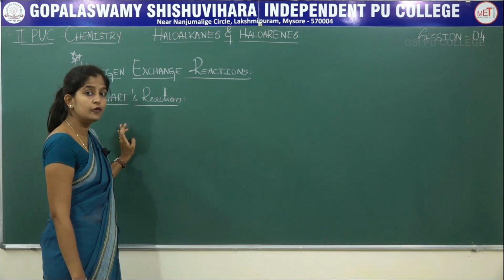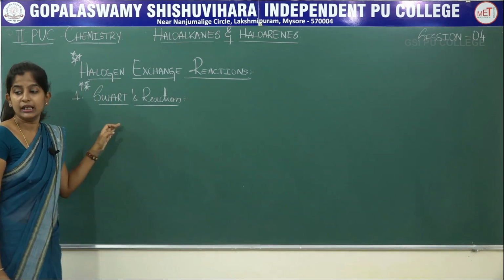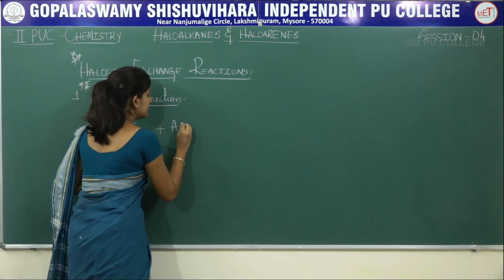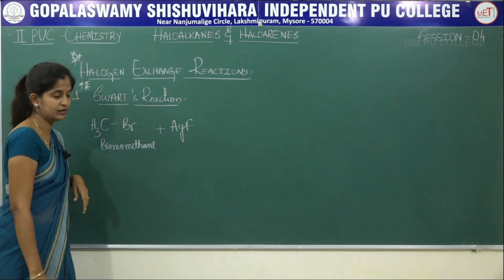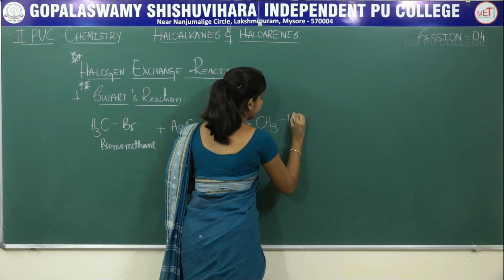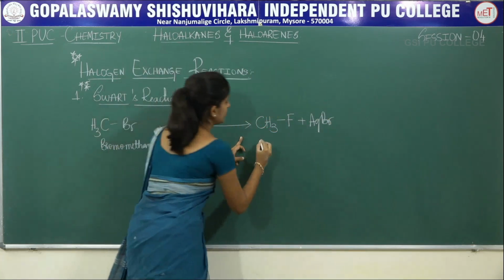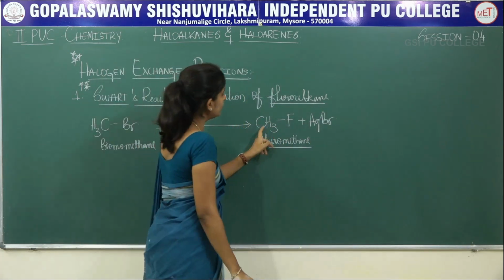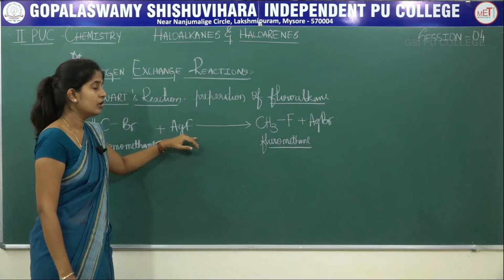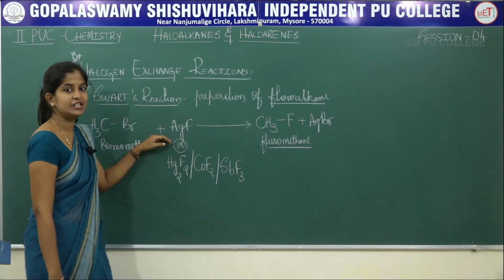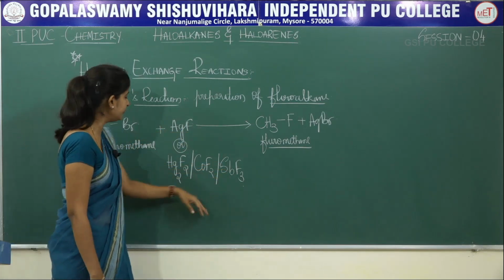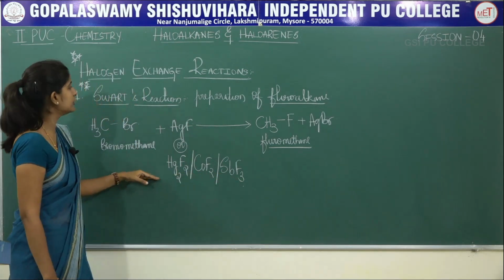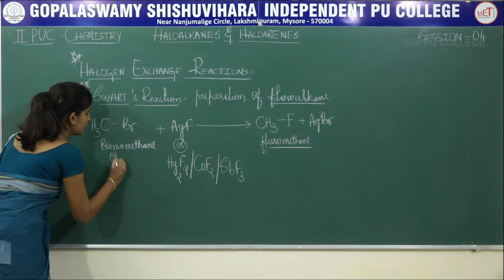It is the synthesis of fluoroalkanes. So let us see how that is synthesized. It is synthesized from bromoalkane. This is your bromomethane. Upon reacting with the silver salt of fluoride, that is silver fluoride, you get CH3F plus AgBr. So this is your fluoromethane. So this is the method for the preparation of fluoroalkane. So fluoromethane is obtained by reacting with silver fluoride, the silver salt of fluoride. Instead of silver fluoride, you can also use the fluoride salts of either mercury, cobalt or antimony. You can use the salts of these three elements also for this Swarts reaction, and you can also use a